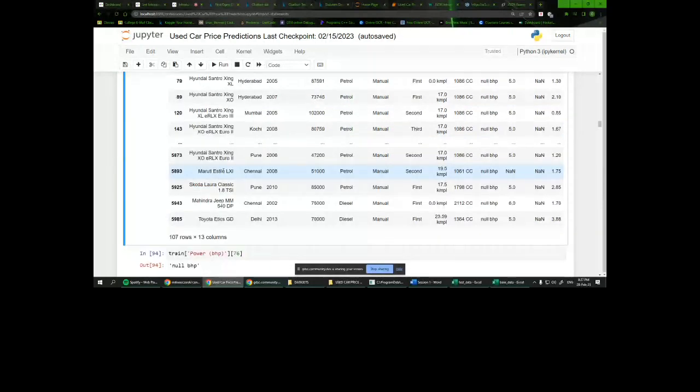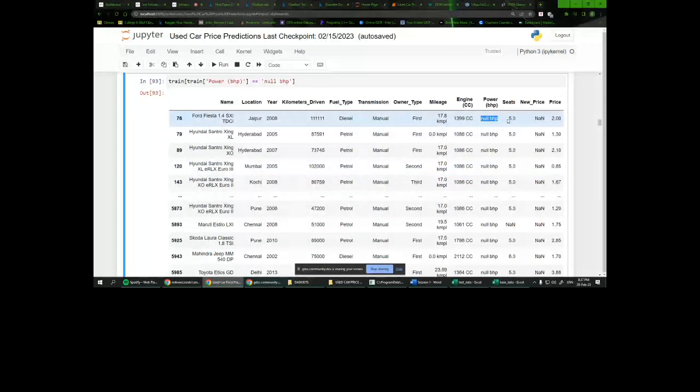You can either delete the samples which contain null values in them, like new price, power BHP, etc. Or new price, the whole feature is itself an empty feature, it barely has any values in it. So delete this feature itself, it's of no use. But power BHP, some values contain null, not all. Hence, I can either tackle this problem by deleting the samples which contain these null values or fill those samples